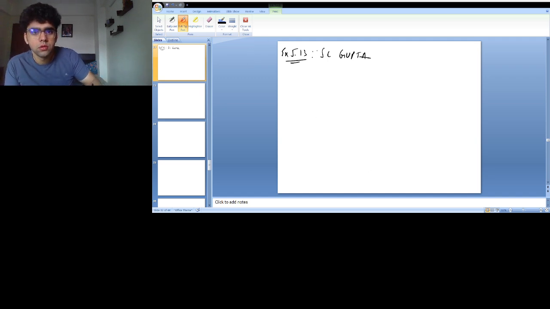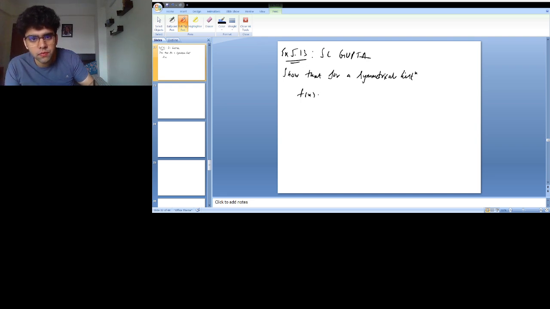This question says: show that for a symmetrical distribution. Sorry for my handwriting, I'm just new to this pad. For a symmetrical distribution, show that